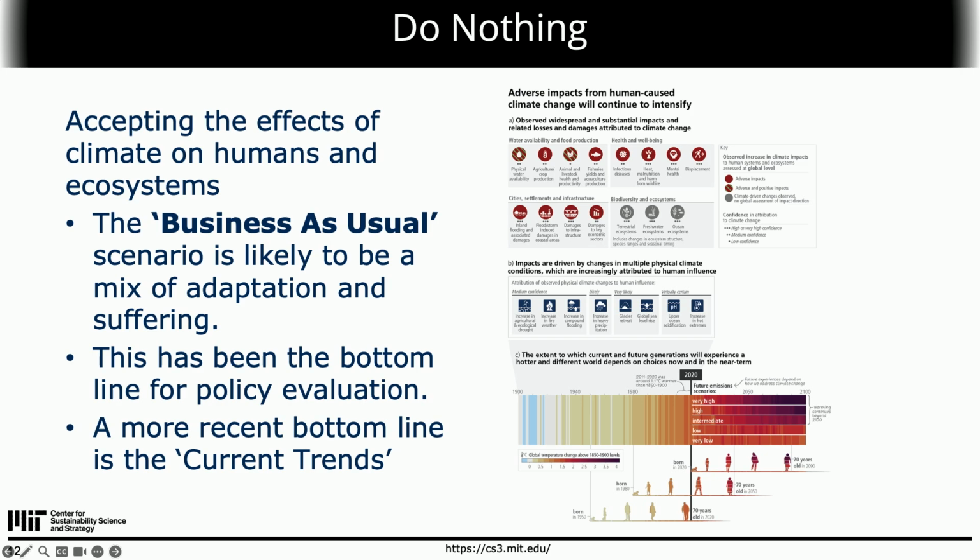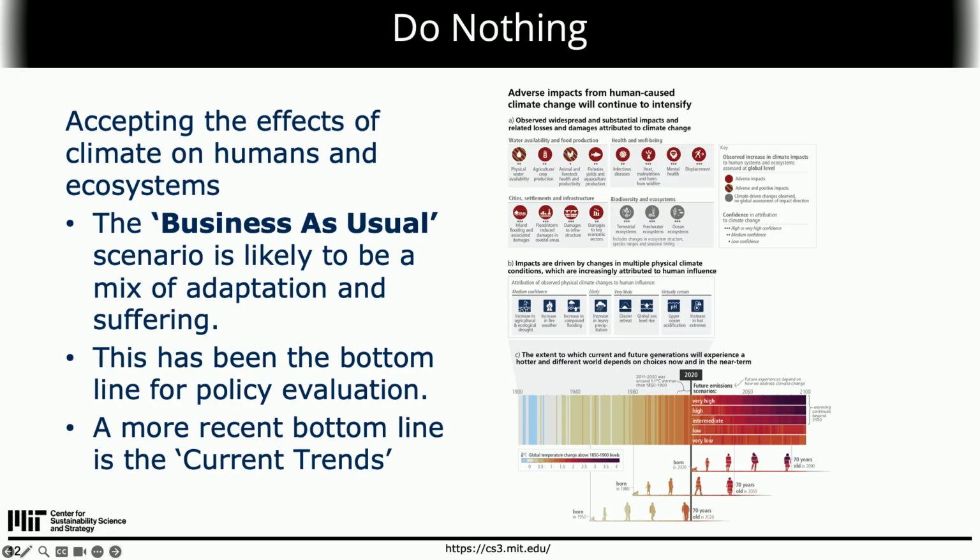In economics, when we want to assess the deployment of a technology, we usually compare it to what we call the business as usual, or BAU, which is a scenario likely to be a mix of adaptation and suffering. So basically, we don't want to do nothing about our emissions, but we still want to prevent the harmful effects of climate change from happening.